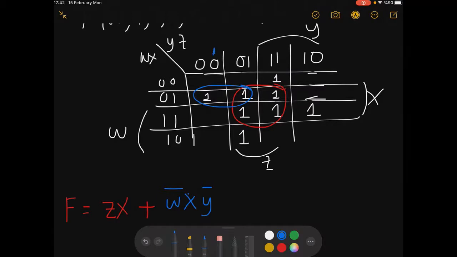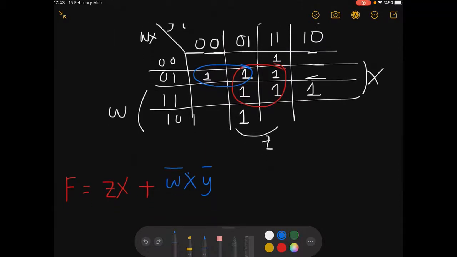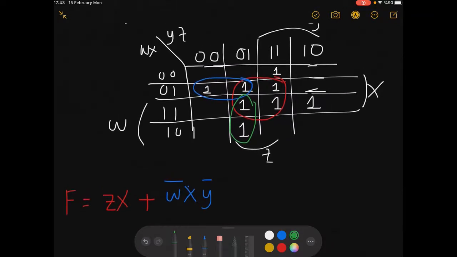See, Z is changing here, so it's not dependent on Z here. So another color, this one. So it would give you plus W